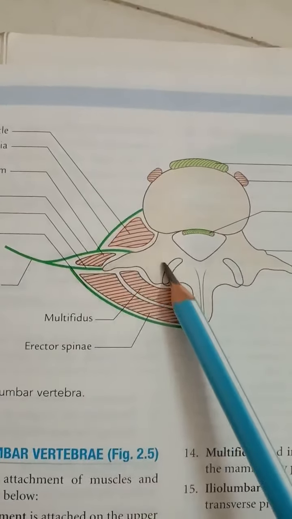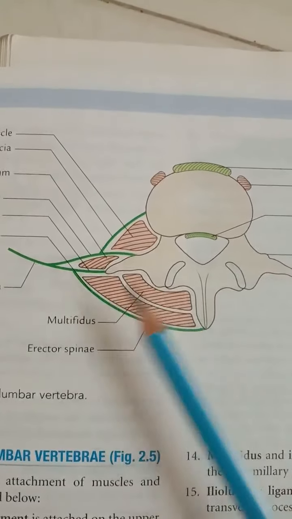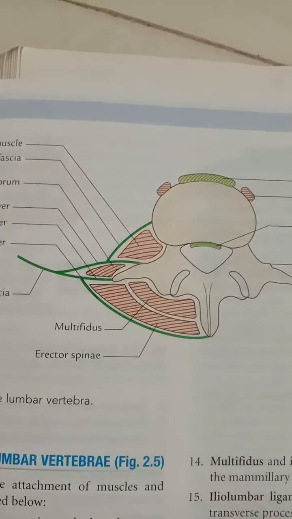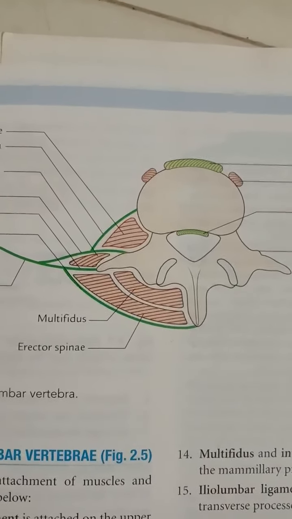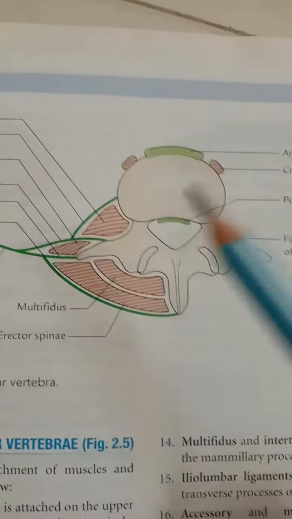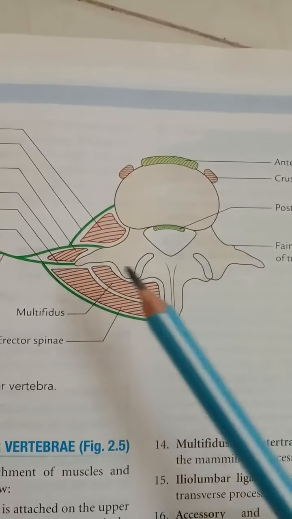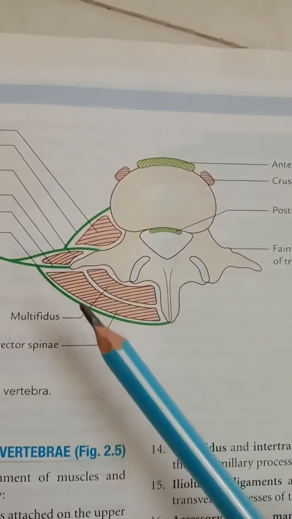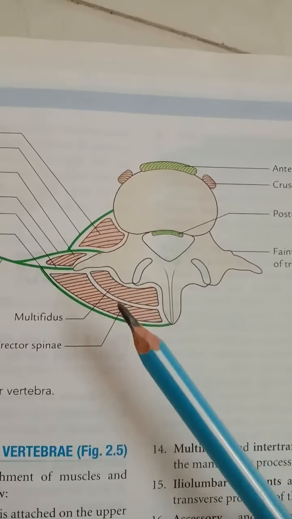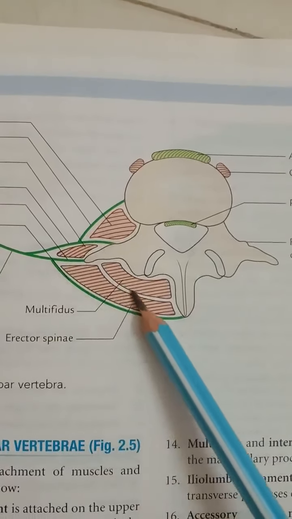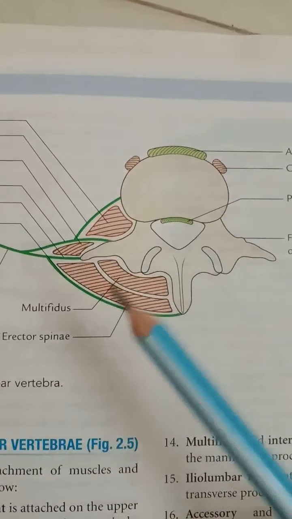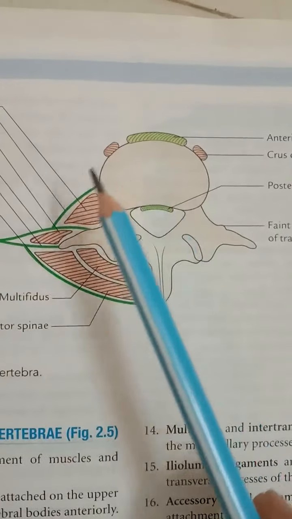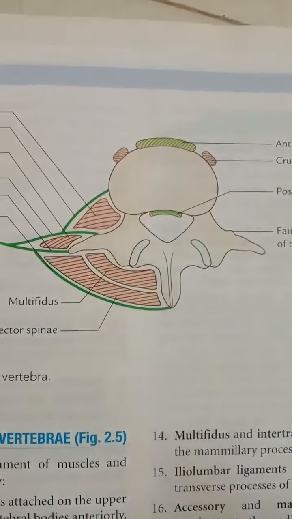Then the articular process, so this one. The concave articular facet permits some rotation as well as flexion and extension. Then the mammillary process, so this one. The mammillary process gives the attachment to the multifidus and the medial intertransverse muscle. So here, that is the multifidus muscle, this one, and the medial intertransverse muscle. So these are the attachments related with the lumbar vertebra.